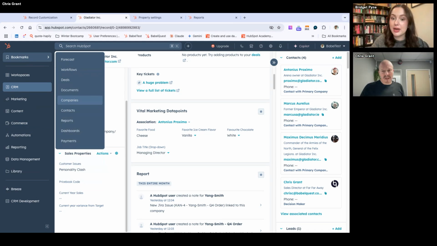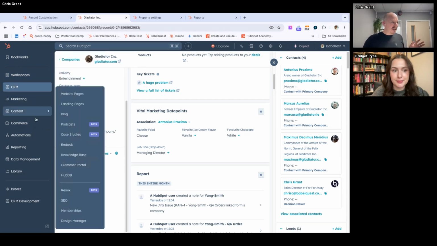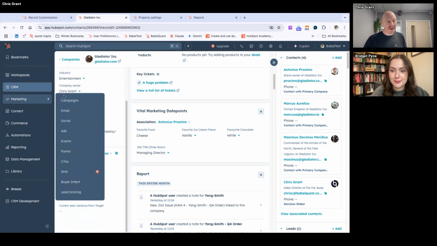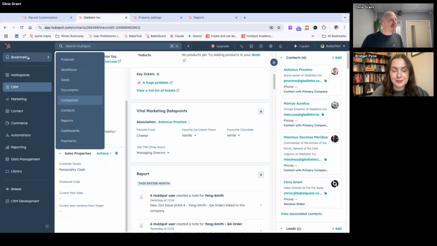The bookmarks, like mine can be different to yours. Yeah, yours would be whatever you need. I've got whatever I need, but it just means you don't have to go 3 levels deep to find what you need. I'd like this to be improved even more, but I think it's really useful, and I bookmark the things that I'm going to use most, which for me is typically dashboards and reports.